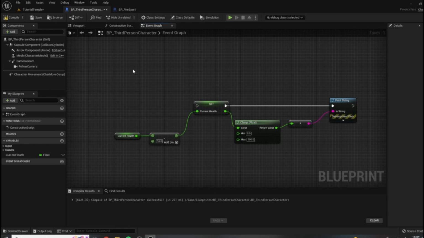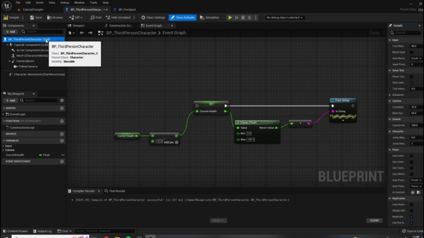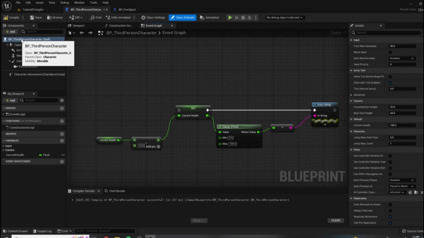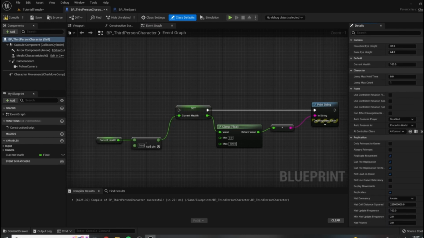What we're going to do is click up at the top of the components hierarchy where it says BP third person character. Clicking on this is referencing the blueprint itself, so none of the individual components, but the entirety of the blueprint. That is what the contextual menu in the details panel will pull up. All of these details apply to the blueprint as a whole. So clicking on BP third person character self and scrolling down in the details window